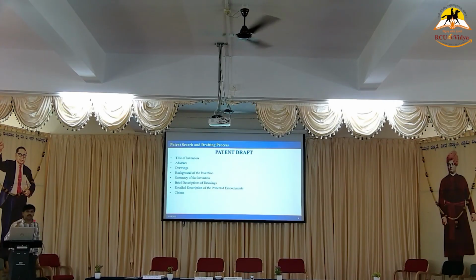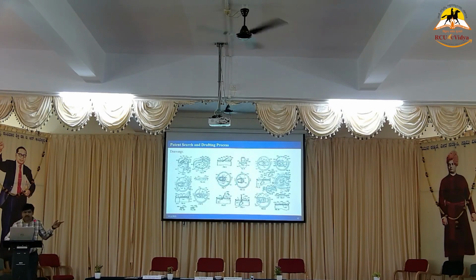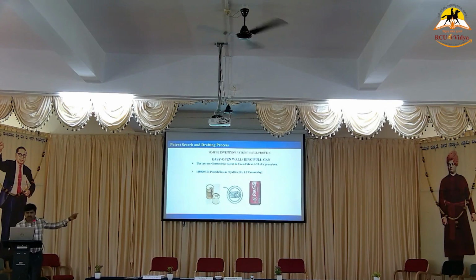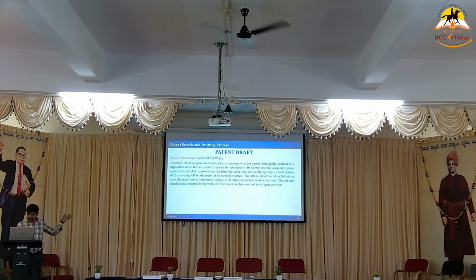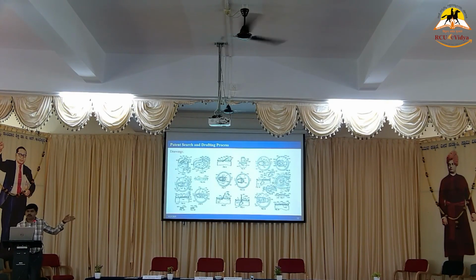For that reason, if you observe, when Praveen explained this, we copied only 20% of the drawings. The part is very simple, one small strip. You would have explained it in only 1 or 2 drawings. Why have I explained so many? Actually, there are many other drawings in that patent if I download it and show you. What may be the reason we have given so many drawings?